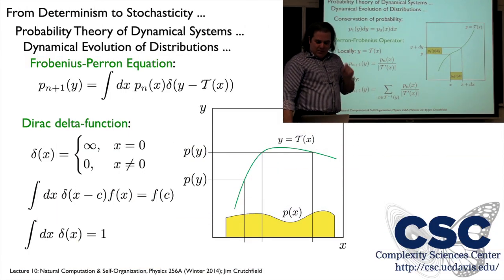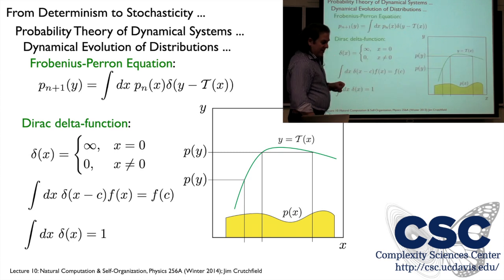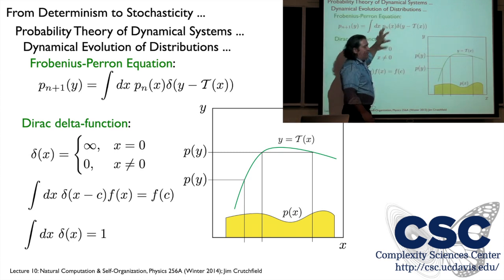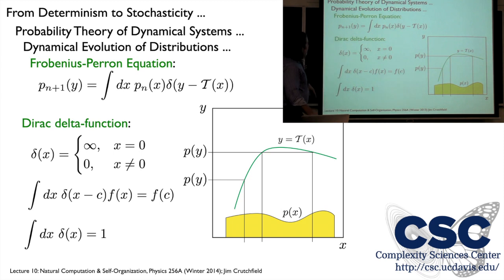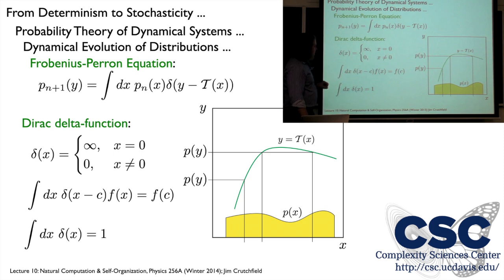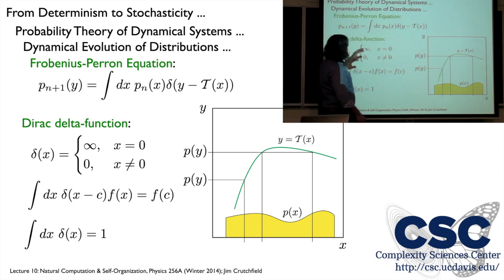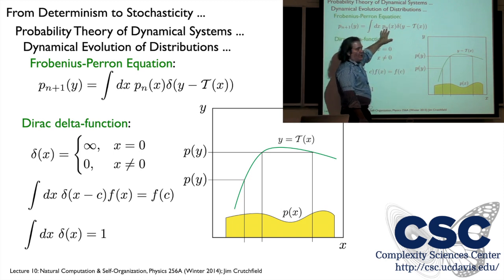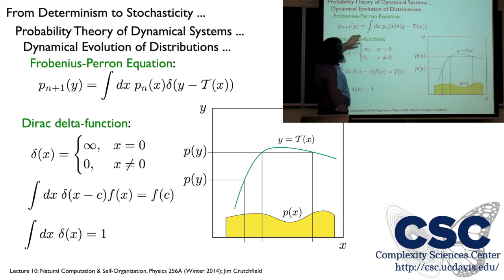The cleverer and more analytic way of doing this is called the Frobenius-Perron equation, and this is the actual operator we'll use. So let me kind of explain the equation first, and then I'll describe it graphically how it's working. It's very clever. So what do we have? We're starting with a distribution at time n. And we have this mapping, t of x, that's going to push it forward to time n plus 1. So we want this probability density function over the range variable, y.